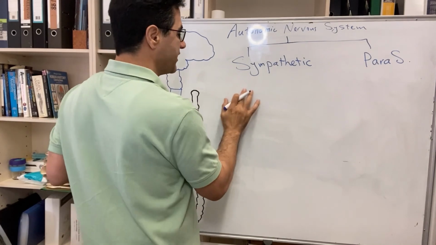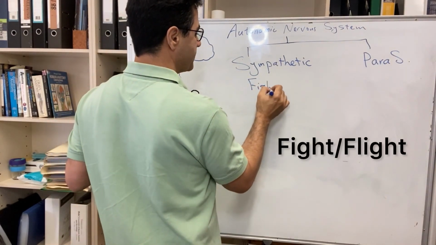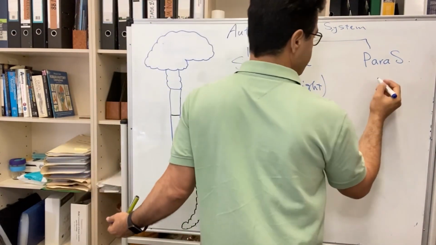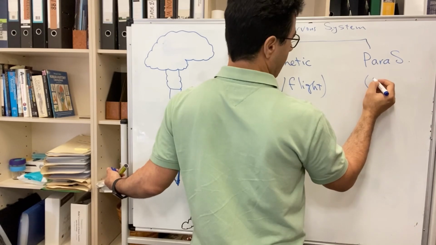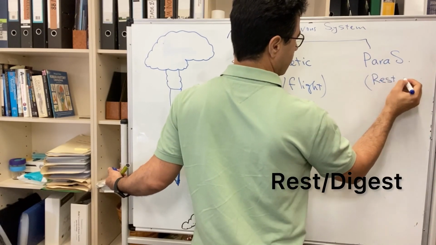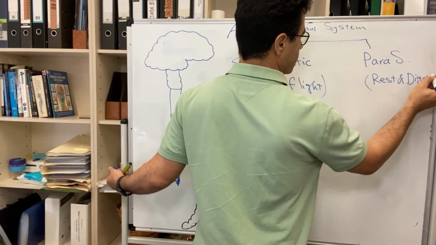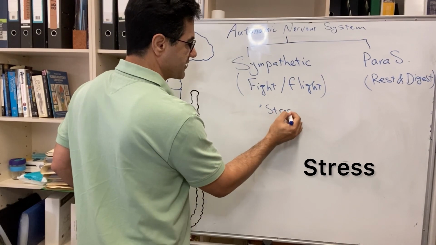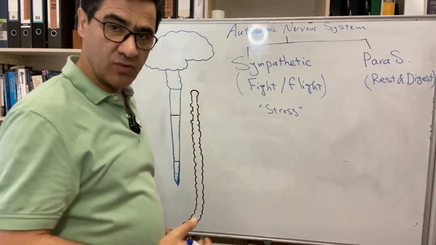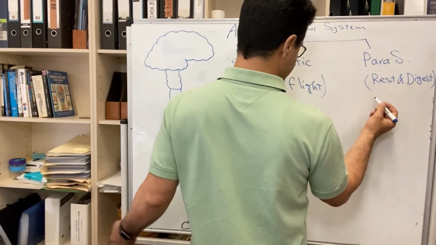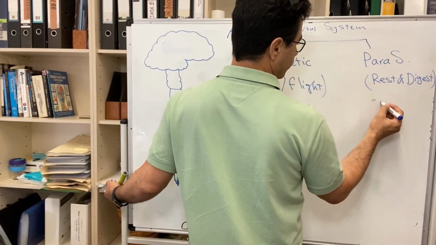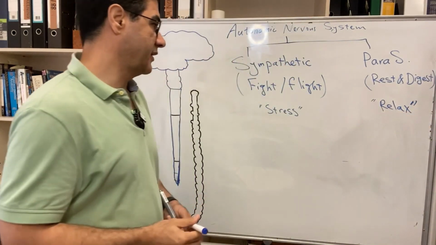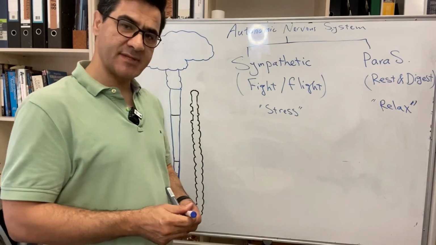So sympathetic is related to fight or flight functionally, but the parasympathetic is relevant to rest and digest. Fight or flight means stress. If you are in a stressed situation, your sympathetic will be stimulated, whereas the parasympathetic means relax. So in this session I'm going to specifically focus on the